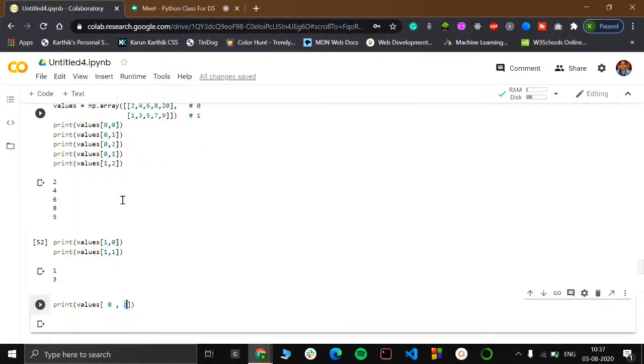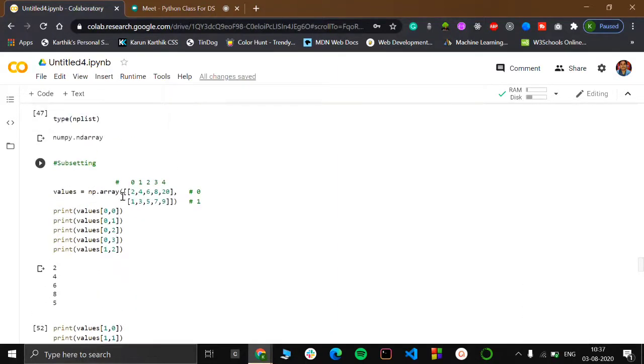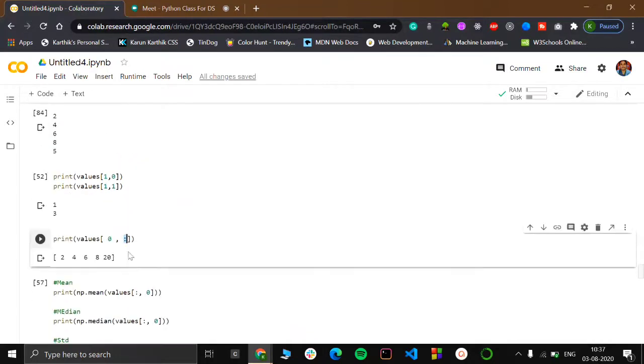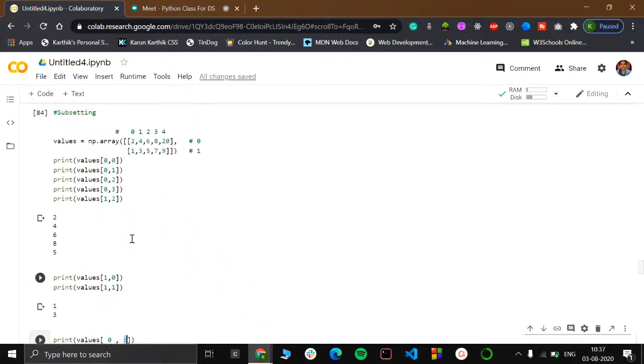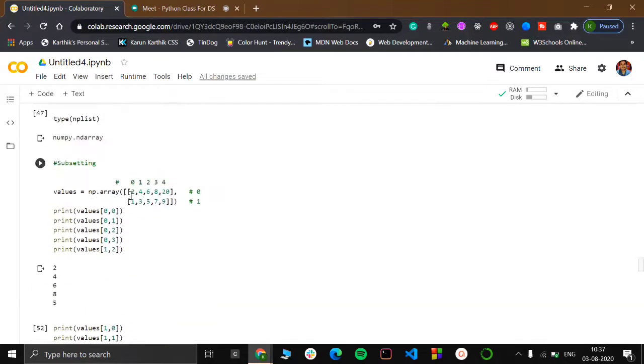So we have given it 0 comma, and this colon mark which is used for slicing. I have told you previously, if you want to print an entire list, you will not be mentioning any front and back, inclusive part and exclusive part. The same can be used for subsetting as well. So let's say I want to print this entire first row.